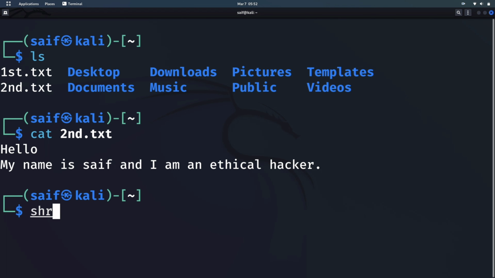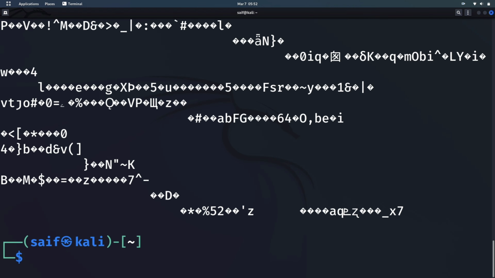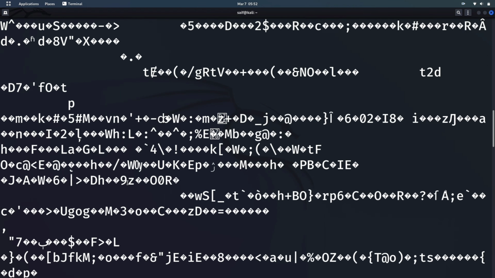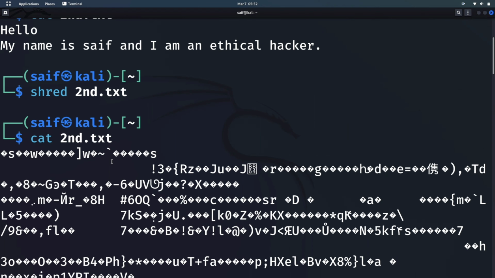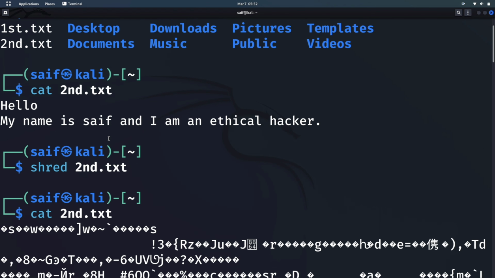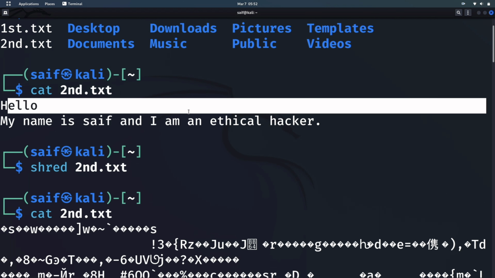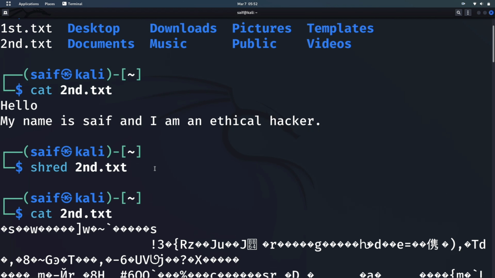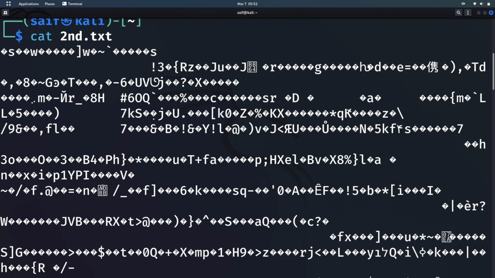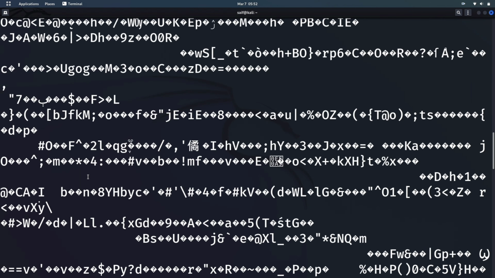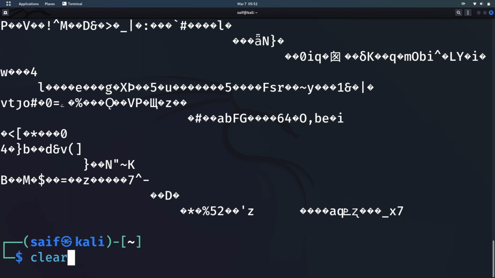Now when I use shred command and type the name of the file of which the data we want to encrypt, and now when I cat this, you cannot see the content inside it, and it will appear in this form. It means that we have encrypted the entire content that was present inside it. This content was present inside this file, and now when we have encrypted this file using shred command, everything is encrypted as you can see here. So I will clear the screen.